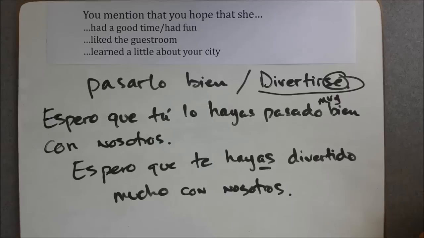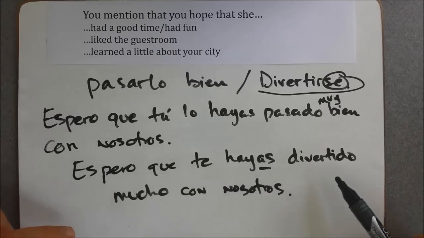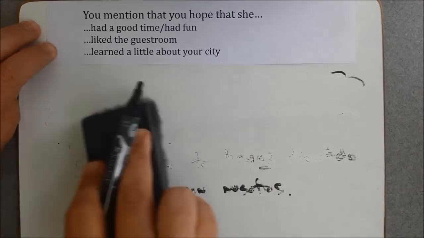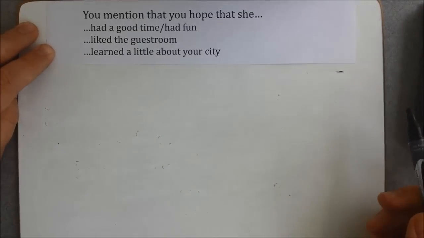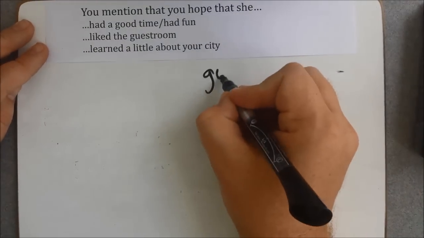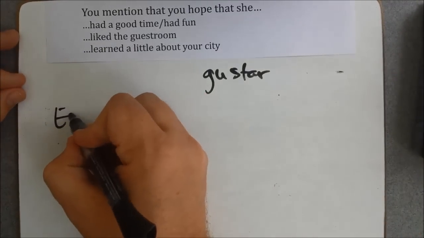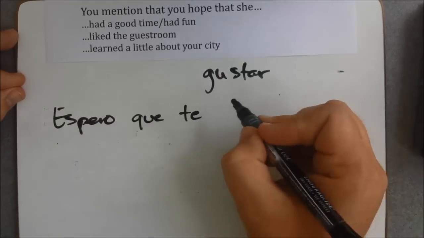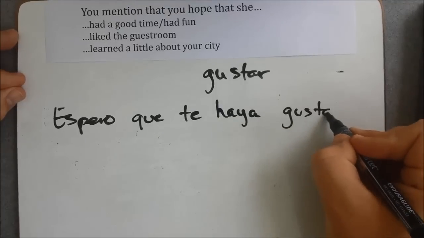I hope you had a good time with us, or I hope you had fun with us, right? Espero que lo hayas pasado muy bien con nosotros. Espero que te hayas divertido mucho con nosotros. Okay? To express the idea, again, present perfect subjunctive ideas here, right? I hope you liked the guest room, right? This one's going to involve the use of the verb gustar, right? So, espero que te haya gustado,